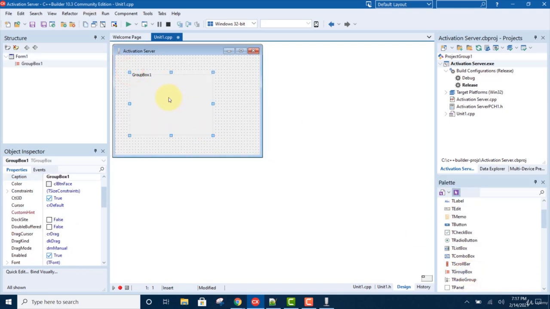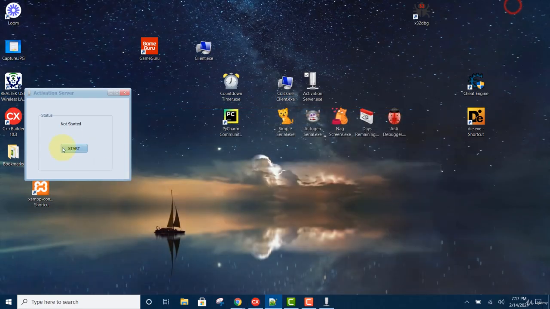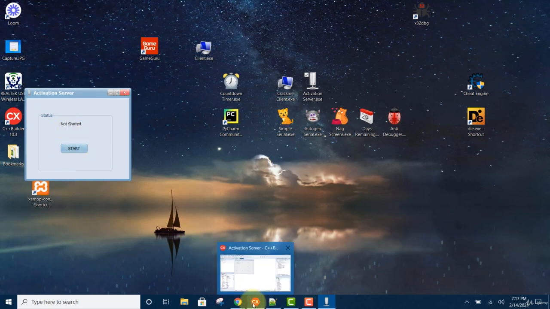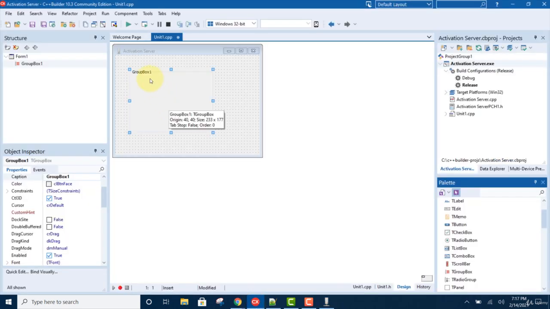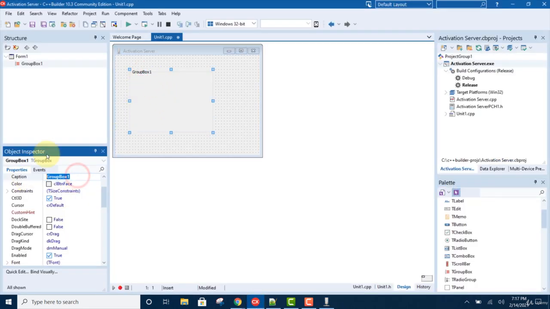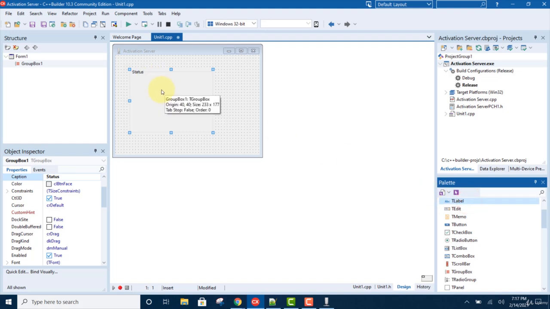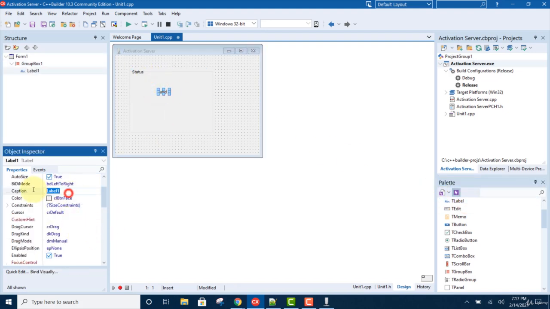So the server is going to have very few items and the caption for the group box will read status. So it's going to have status and one label and one button, that's all, and also a server component. So let's change this app caption to status and then here we are going to put a label. So click on the label and put it in here and the caption just change it to not connected, not started,